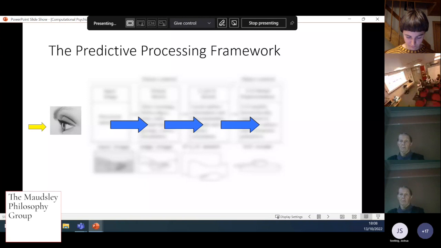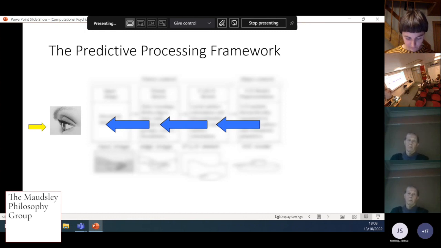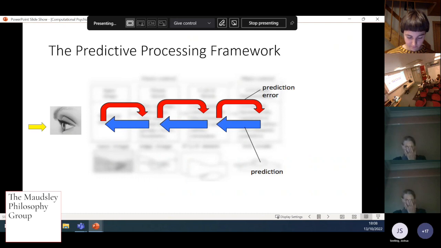So what the predictive processing framework does is it says, well, the action's not predominantly that way, it's that away, right? So when the world impacts on our sensory surfaces, it's already greeted by a colossal barrage of predictions, right? Now, that's not to say that the world is not doing anything, right? What the world is doing is updating our predictions, but it's making this little fine-tuning contribution to our cognition, to our conscious experience,